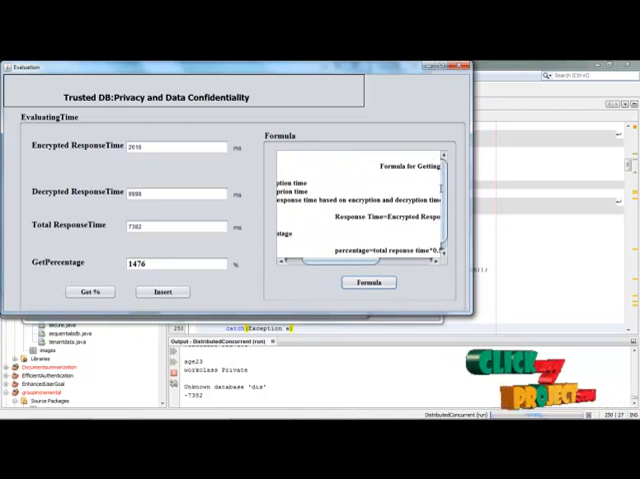So we have successfully achieved the main task of our process, which is the query encryption and decryption to perform the secure DB as a trusted DB operation. So the trusted DB operations are